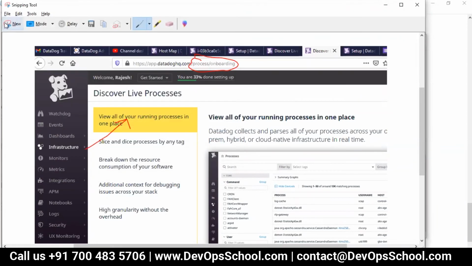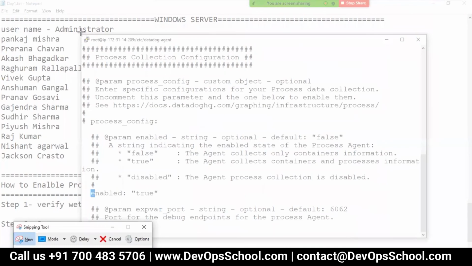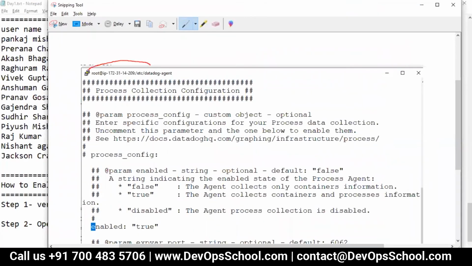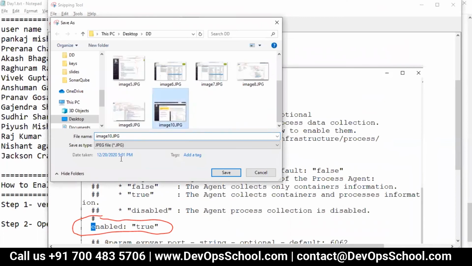So here, this file in Linux, after that you go to this place, and this option you have to enable. Okay, I hope it is clear. While doing it, you can check the further reference.